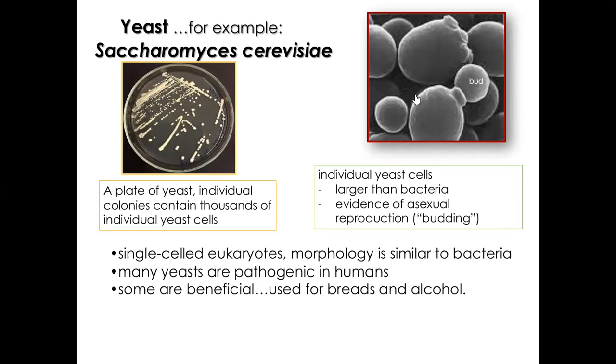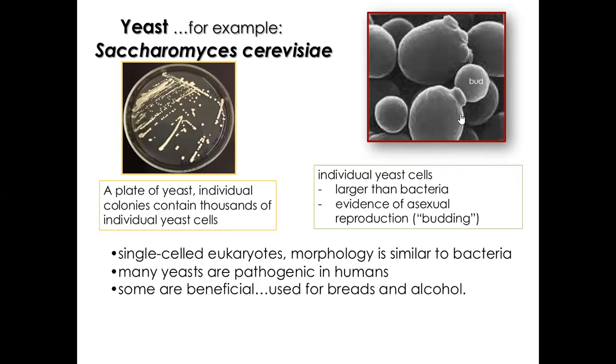They're all spherical. They're very small. Honestly, this picture is more like an electron microscope image, so you can see better. If you look at these under one of our microscopes, it literally looks like a speck of pepper. You can't see much detail. They can be bigger than bacteria, but it's still hard to see because they're just little round specks.